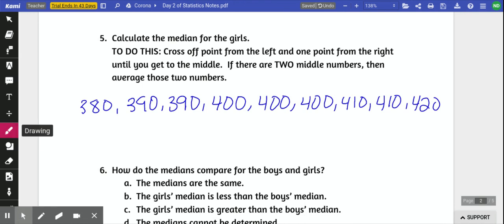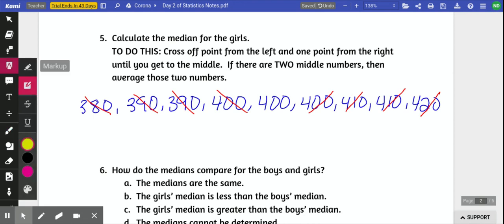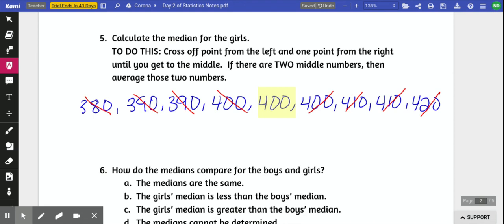So I'm first going to cross off 380, then 420, then 390, then 410, and I keep going till hopefully I just end up with 1 number in the middle, which I do, which was 400. So my median for the girls